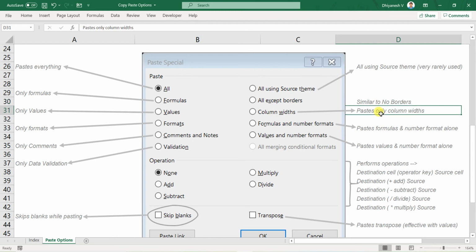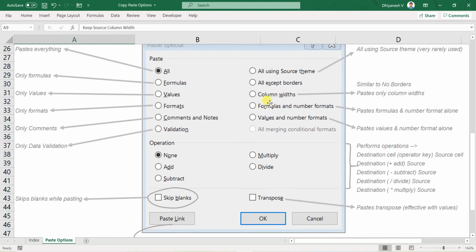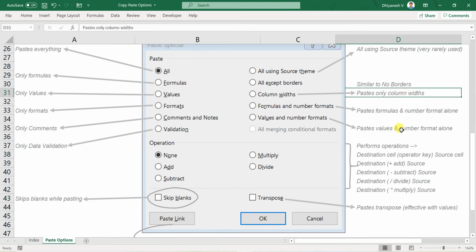In the general options I had a thing called keep source column width. This copies the entire content with the formatting and pastes also the column width, but this one will paste only the column width and does not take the values or anything else. And this, for Formulas and number formatting, Values and number formatting were seen in the general part itself.